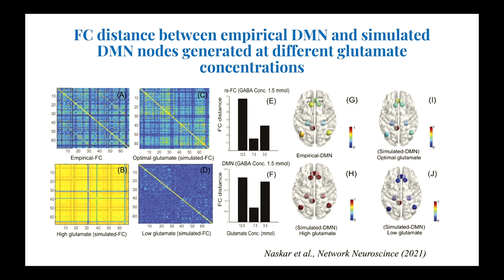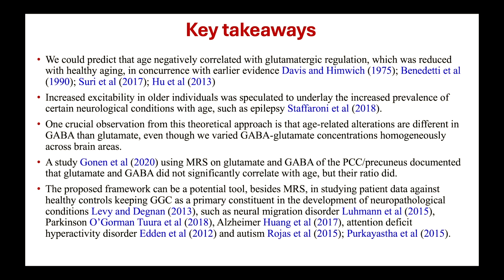What it turns out is that the optimal glutamate value in millimolar concentration is the best predictor of the experimental data, and when you are operating at a high glutamate regime or low glutamate regime, it fails to produce the experimental data. It is much like a scenario of pathological aging, right, when you are dealing with low glutamate or high glutamate values. Okay? So, key takeaways, and I will end my talk there: we could predict the age